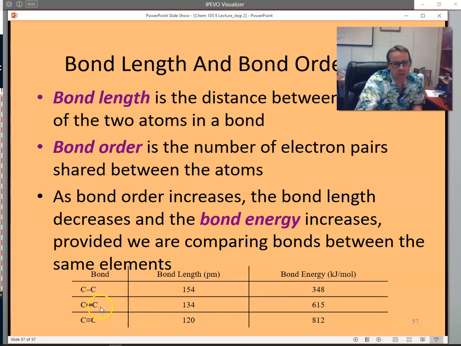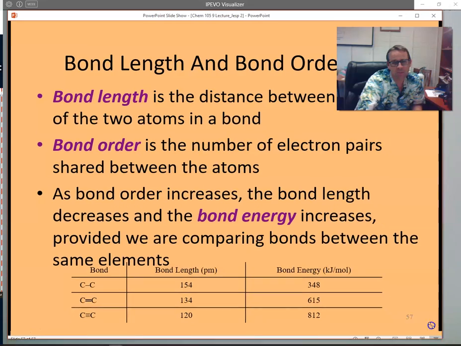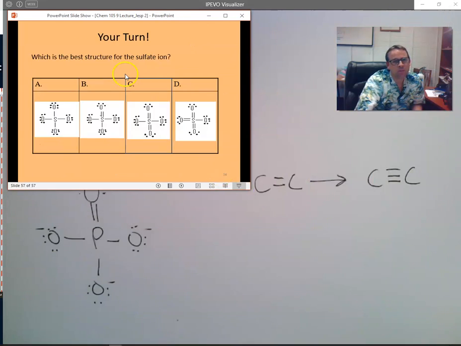Because when a bond exists, it means that there was stability found. You can't form a bond and require energy to form a bond. That just doesn't happen, right? So